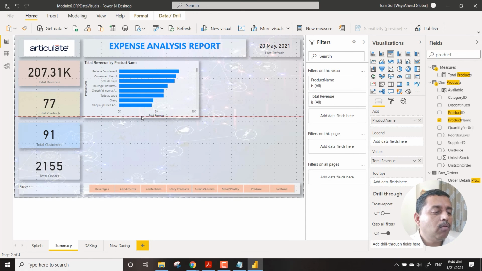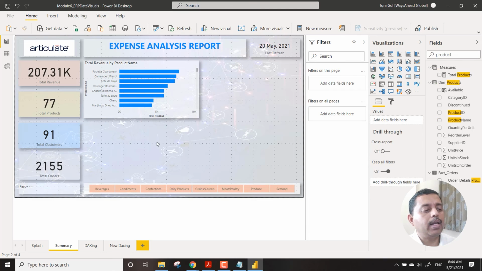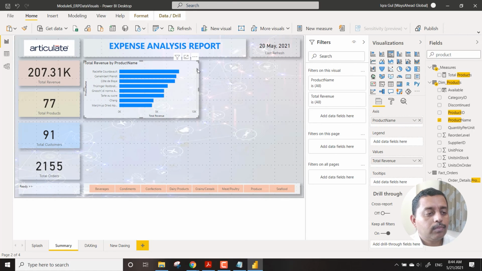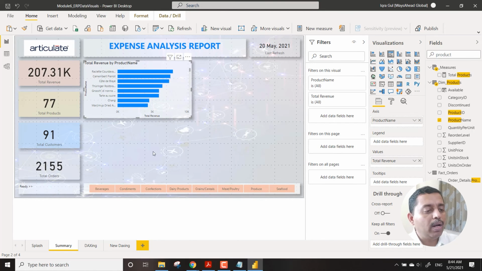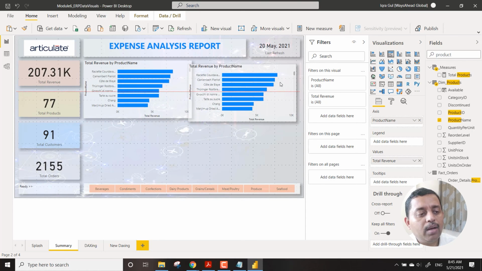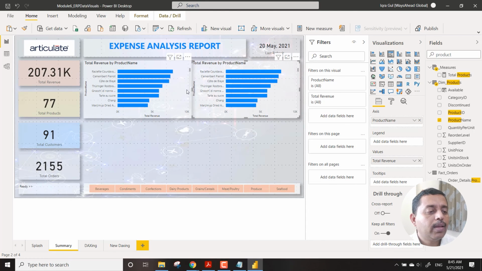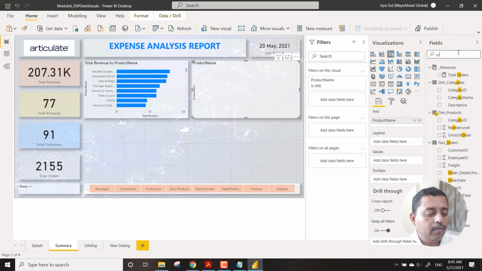And then what we do is, so we can see it captures this much space over here, and then we see similar cases. So we have the total revenue by product, and then what we will do is we can bring in a second, just copy and paste and then bring in the second visual. So we can just make it a bit like this, and what we can have over here is not the revenue, but the orders.